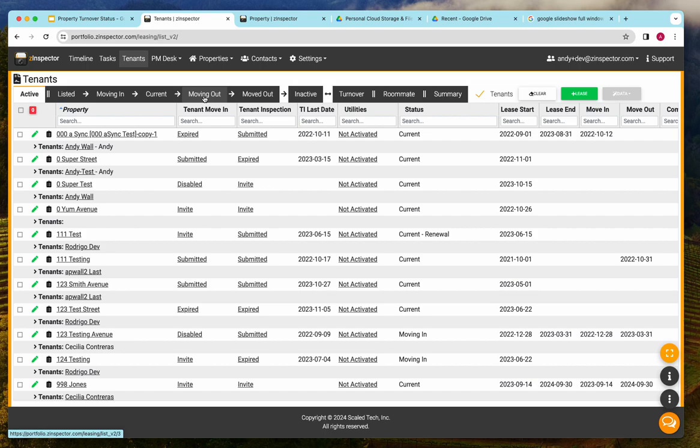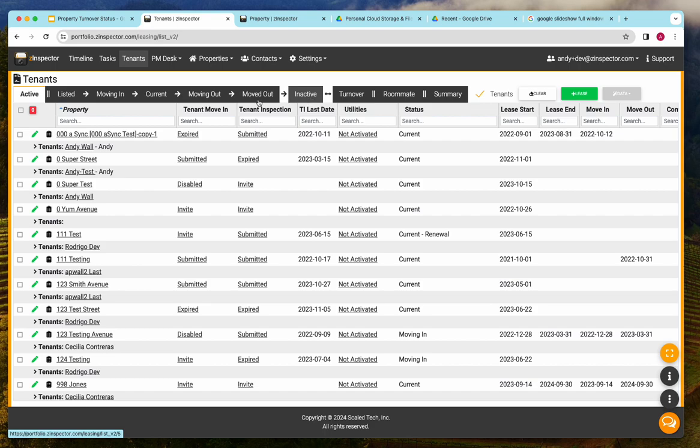So based on your accounting integration and your rules, okay, we're going to set this up. But either way, it's very important to understand that this tenant is going to go through a life cycle of moving in, current, and moving out. Now, most people, after a tenant has moved out, are just going to let the tenant go to the inactive tab, okay? And that's typically going to happen all automatically based on your sync